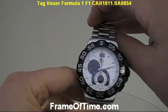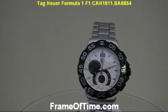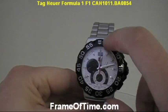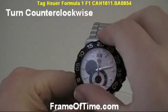Now the bezel turns counterclockwise, and you use it to measure time. So let's say you're going diving and you like to measure your dive. What you would do is you would set it so the Tag Heuer logo would be the 0. You set it, you turn it to where your minute hand is,